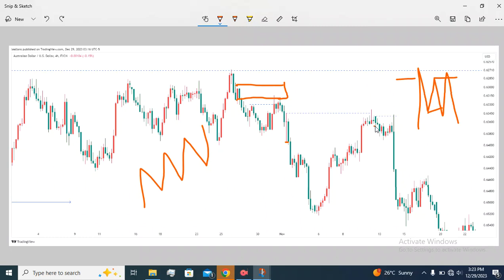Maybe around here, we could drop down on the lower time frame. You can see this guy over here was smashed, and we rallied down to take these lower lows as our target. Ta-da. It is as simple as that. That is how we